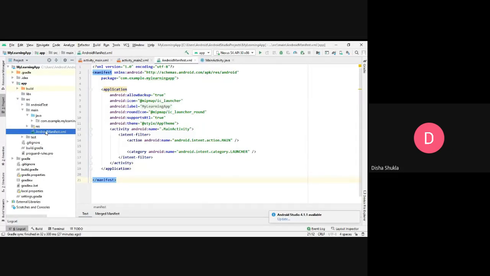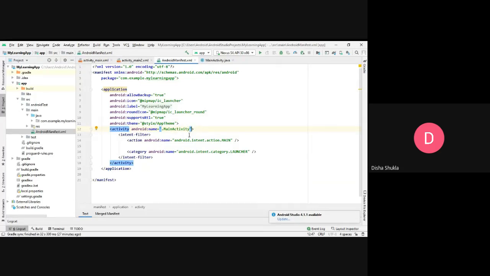Manifest file is something that I explained last time. I told you what the manifest file is. It's a configuration file wherein you put all the configuration related data of your project. And if you want to differentiate an activity from another, or if you want to put some unique kind of things in a particular activity, then you can put all those settings in the particular activity tag in your manifest file.